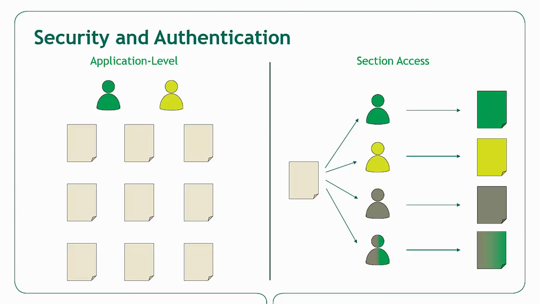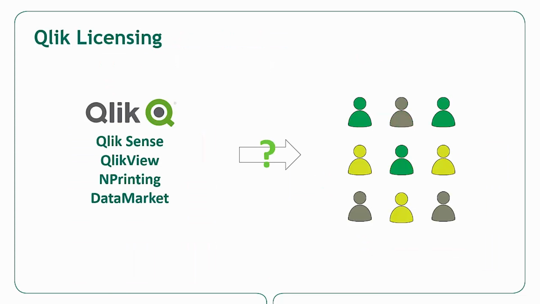Along with security, our customers often have questions around licensing. I think licensing can certainly be the topic of its own video. I think the answer for an individual organization is going to be nuanced. With QlikView, you have the local desktop license for developers, but when you get to the server, there are document, user, and session CALs. On the QlikSense side, there is a free desktop tool available, but a token component to server. Now add in printing and data market into the mix. When do you use what? How do you optimize? We've helped customers figure out optimal strategies for them that balance cost with application delivery and access. If this is of interest, please reach out to us and we can help guide you through the possibilities.